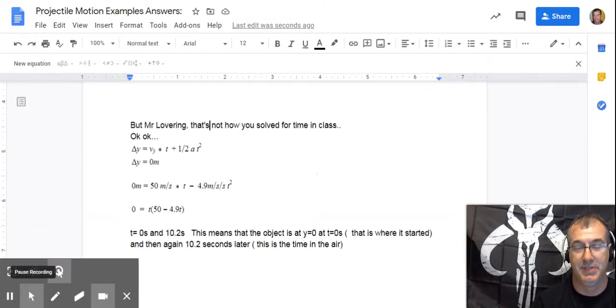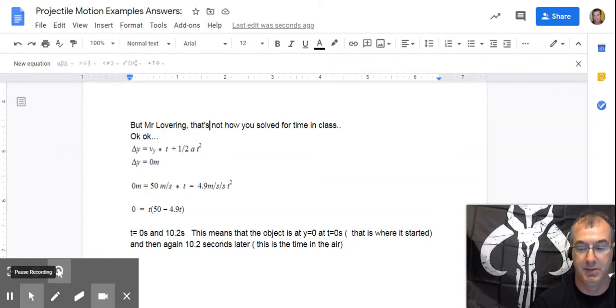Okay, I can hear some of you saying, Mr. Lavering, that's not how you solved it in class. Yep, I used some of the symmetry of the problem. Hopefully that made some sense in how to figure out what the total time was, assuming that it is landing on a flat level plane. I guess, more to model how I've done it in class,